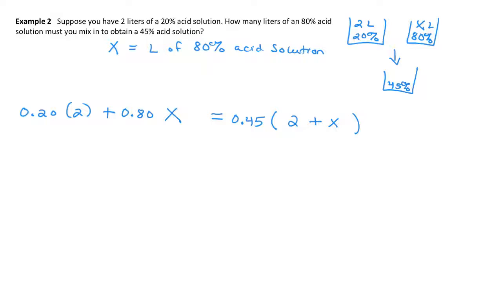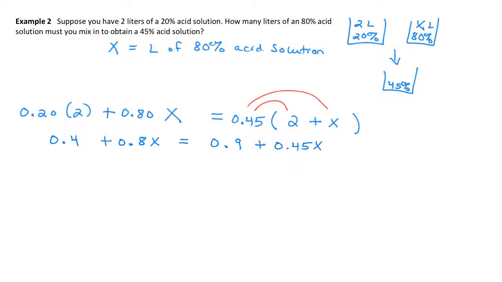Just to step back and think about it, these are the two things I'm mixing together. This is what I end up with. The difference is the variable now is appearing on both sides of my equation. I believe this is true. My goal is to now just solve this thing for x. So let's do that. Okay, if I start simplifying the left, 0.2 times 2 is 0.4. And maybe I'll just write this next piece as 0.8x. Okay, I have to distribute in a 0.45 to both terms, and I get 0.9 plus